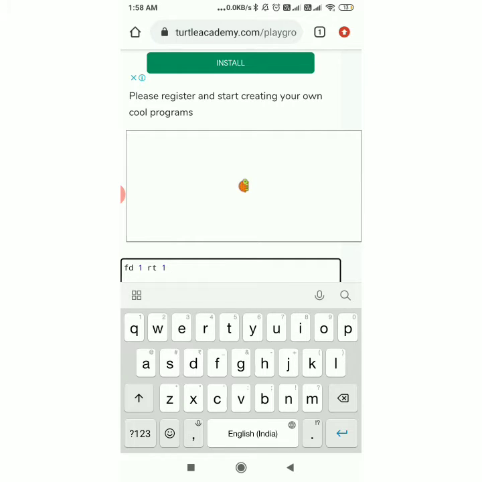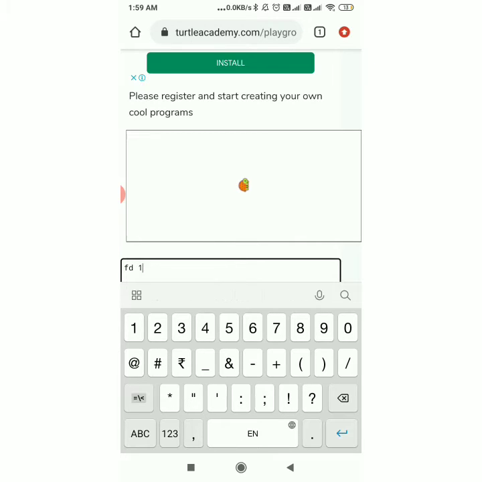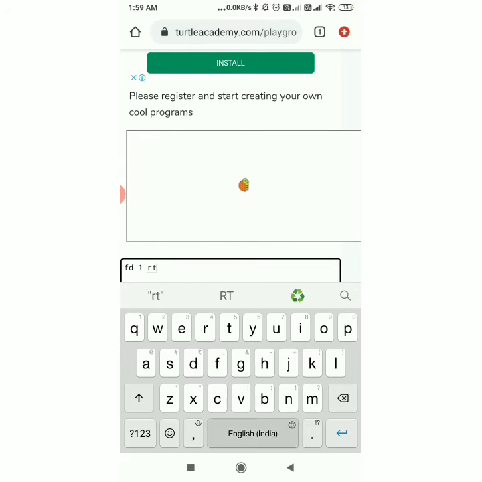I'm giving the command to the turtle to move in the same direction by one step and to turn by one step only. Okay, so here you cannot see a proper line because step 1 is a very small step. I'm writing again FD1 RT1.